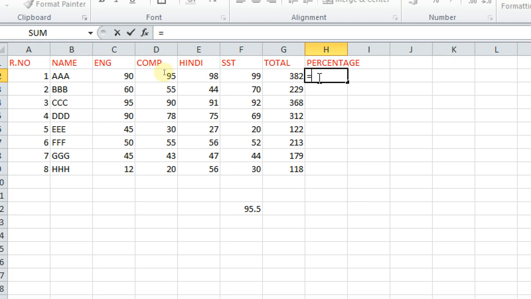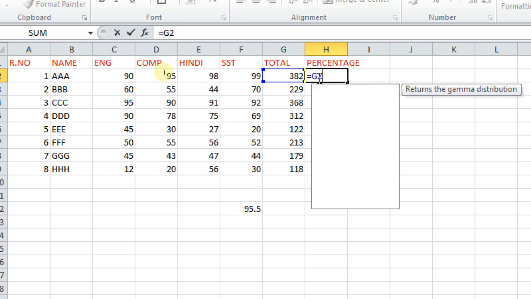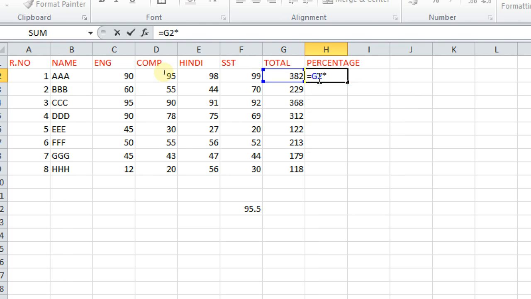Then what I'll do, total I have already got. So I'll go with G2 multiply by 100. What I prefer here, bracket. Without bracket also it will work. The students who are doing with mobile, you may get brackets also from the keyboard, you will get the bracket in the signs. If you don't get it, directly also you can do, but I prefer using brackets.